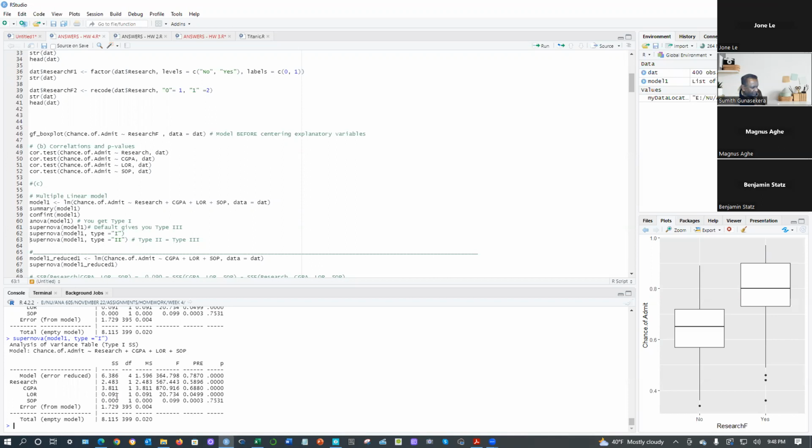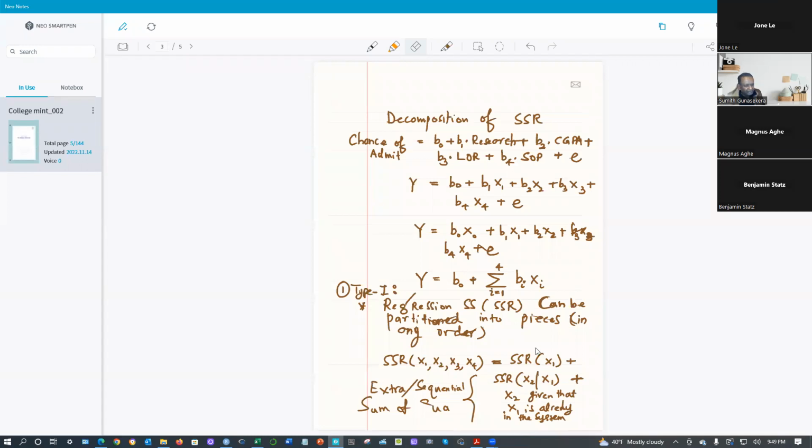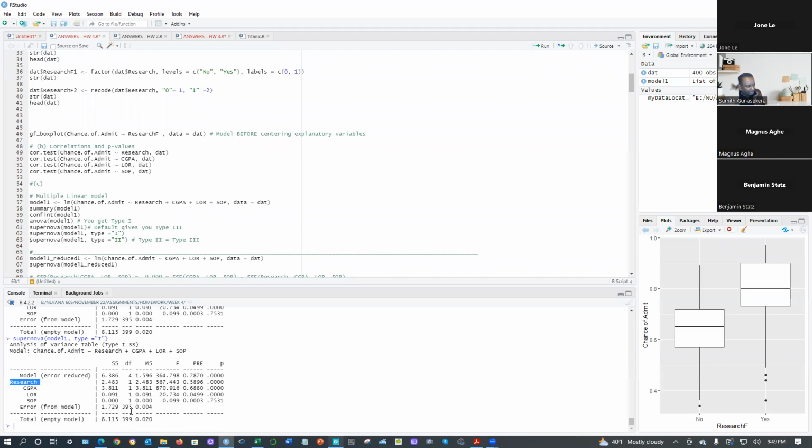So these will add up: this is SSR of research, plus the second one, SSR of CGPA given research, plus